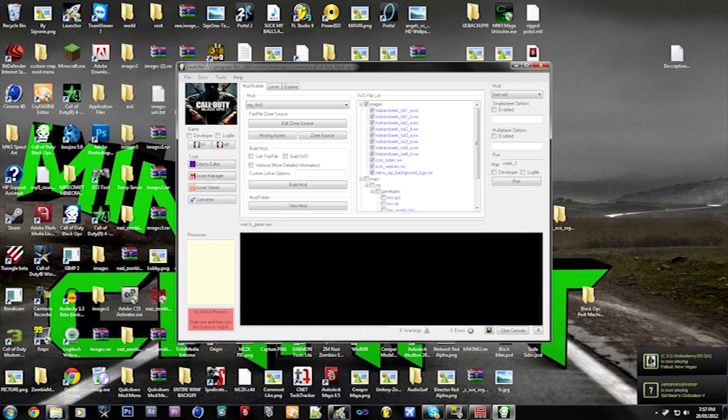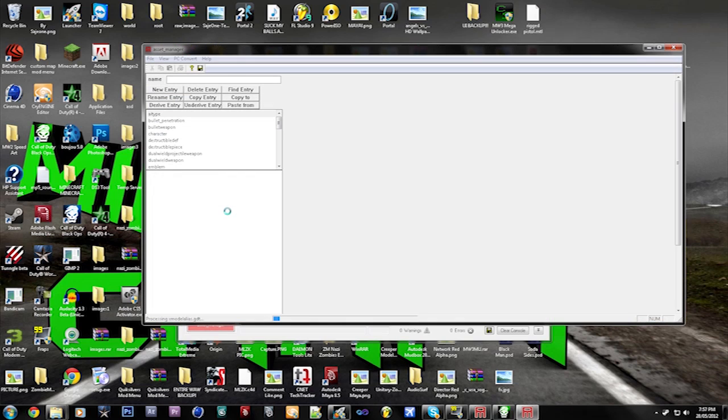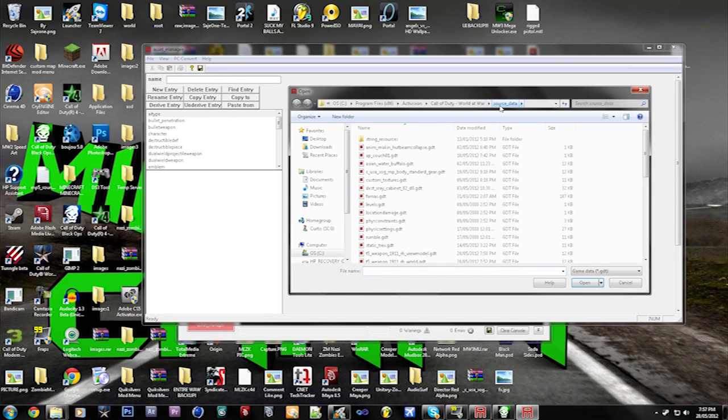Okay, so now here's the Black Ops Mod Tools. What I'm going to do is open up the Black Ops Asset Manager, and wait for it to load up, because it's going to process all the GDTs. Alright, good. So now I'm going to go to File, Open, and it should already be on Source Data,